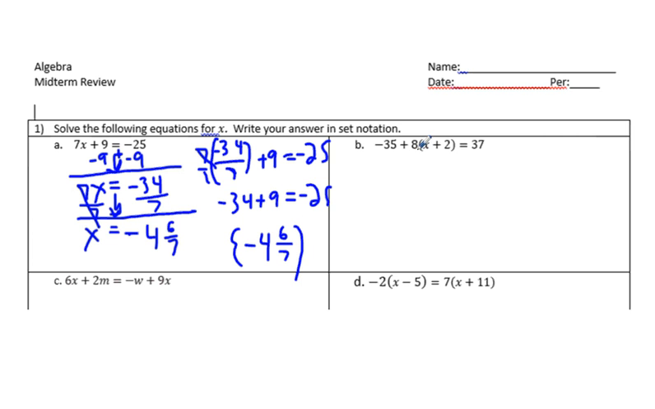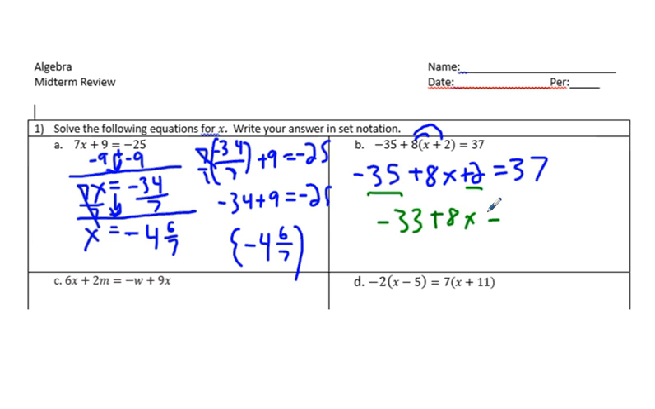Okay, the next problem. Before we start using the properties of equality, that is adding and subtracting and dividing by both sides of the equal sign, we want to distribute out this 8 into parentheses. We want to simplify it first. So our simplified expression would be negative 35 plus 8x plus 2 equals 37. And again, before we start using the properties of equality, let's finish simplifying it by combining like terms. So negative 35 plus 2 is negative 33